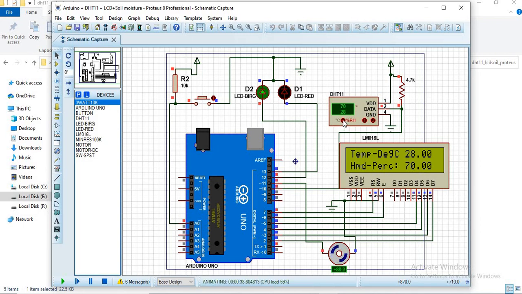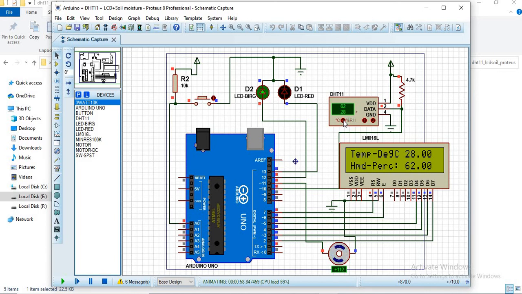Coming to the humidity, it is in humidity mode, so you can check that there is a temperature mode and a humidity mode. In the humidity mode, I am decreasing the humidity below 65. When it is coming below 65, automatically the red light will come on, we may have kept it for 60, right? So we set that humidity for 60, according to the irrigation humidity levels. When it is below 60 humidity, this red light will be on. When it increases above 60, the green light will be on.